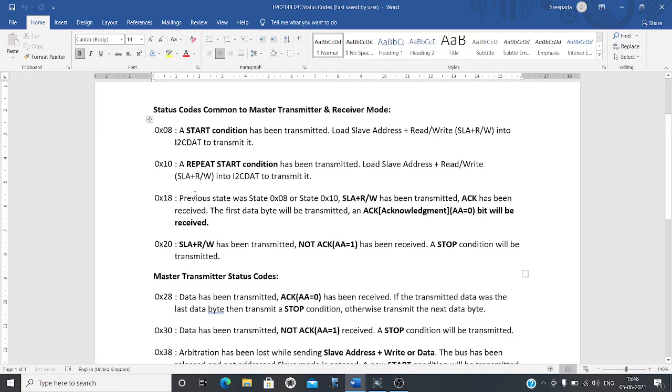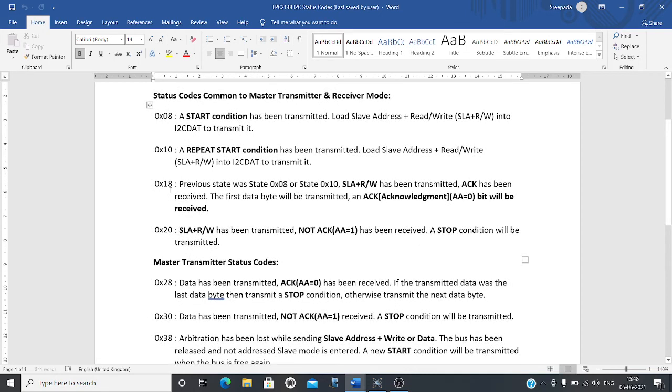Then see another code, 0x18. What is that? The previous state was 0x08, or 0x10, which is actually a repeat code. So SLA plus read/write has been transmitted. SLA is slave address. The slave address and read/write bit has been transmitted, and acknowledgement has been received.